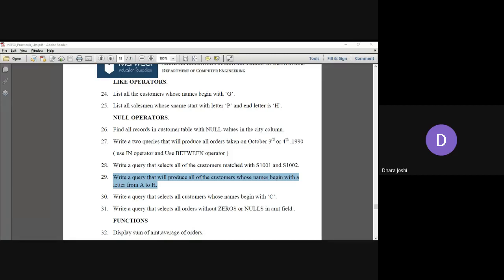Okay, the name which I am announcing right now, you need to write yes in the chat box. Reply with yes. Prithvi replied, select star from customer where S name. Ritu, we are not going to provide all these kinds of names because this is a series from A to H. Suppose it is from A to M, then we use the between operator, because it is difficult to provide each possibility like A percentage, B percentage, and it does not work well properly. So do not practice writing this kind of solution.